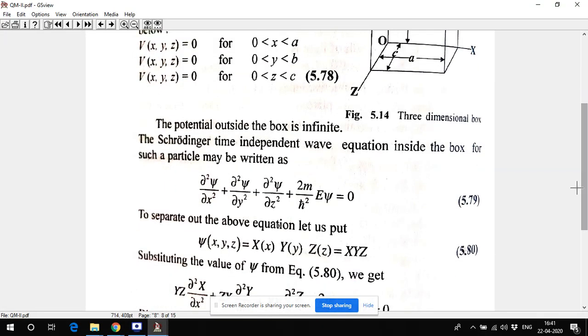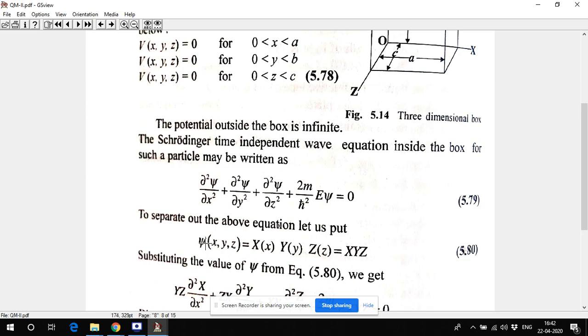So I can use once again the same Schrodinger equation, the time independent Schrodinger equation, as my potential is again independent of time. But definitely the Schrodinger equation will be a three-dimensional equation because it should contain x, y, and z. So we'll use the three-dimensional time independent Schrodinger equation. This contains del square by del x square, del square by del y square, del square by del z square, and this equation has the same constant we had taken in the previous derivation. Now my psi will depend on x, on y, and on z.